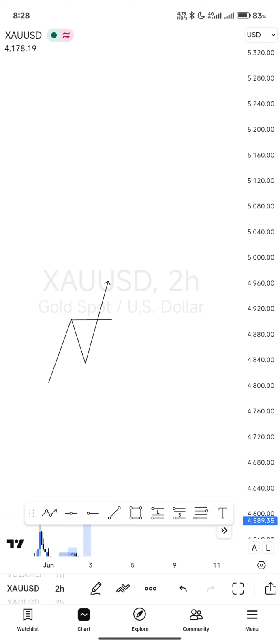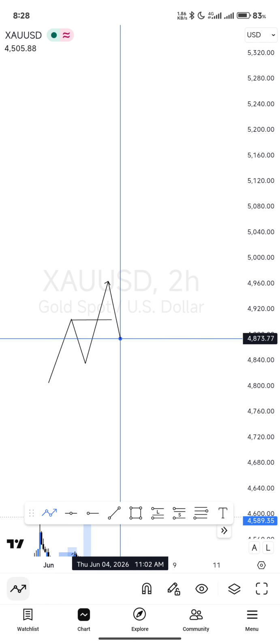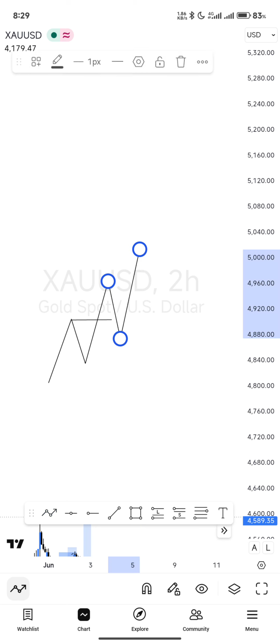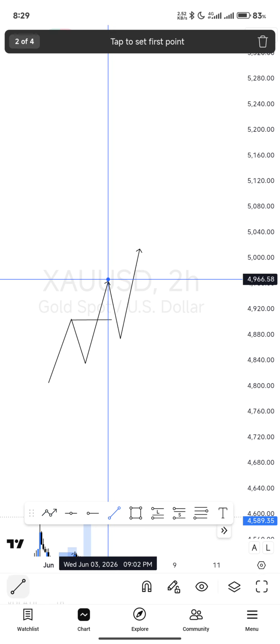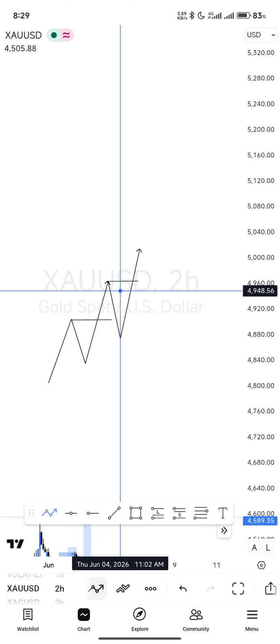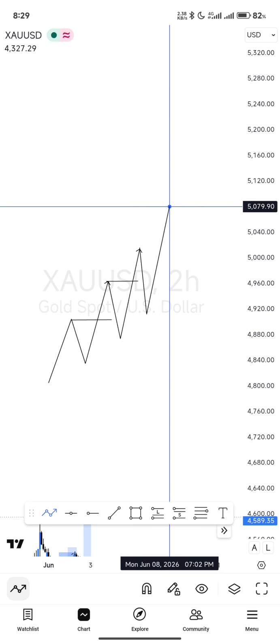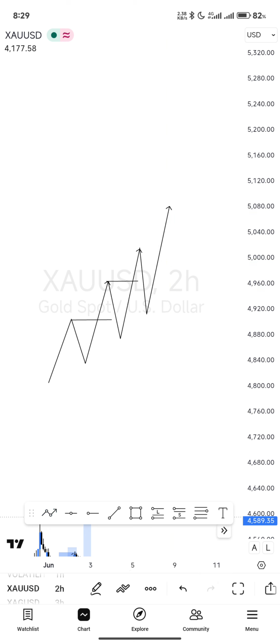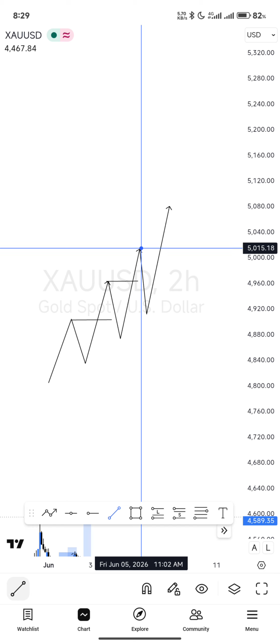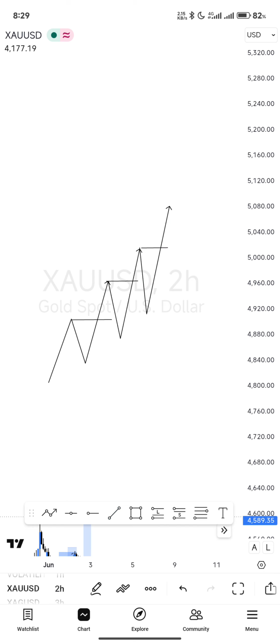Take for example, the market comes down and makes a higher low and then goes higher again. Once this happens, we have another break of structure. Notice this is a high that was broken, so this is a break of structure. The market comes down again, makes a higher low, and then goes higher. You see, these highs that were broken are what we call a break of structure. So you notice a break of structure happens in an ongoing trend.